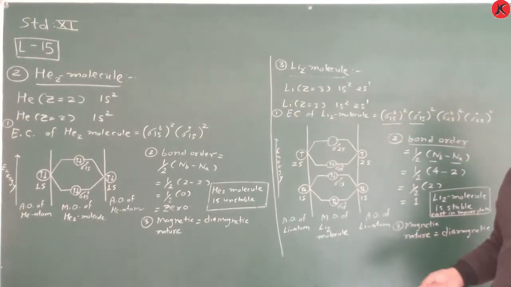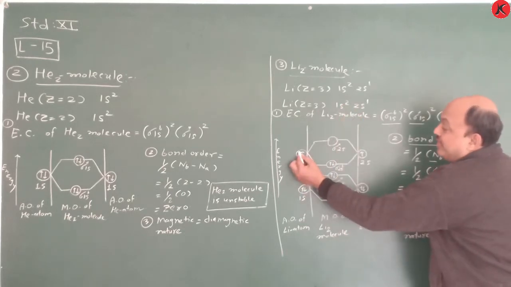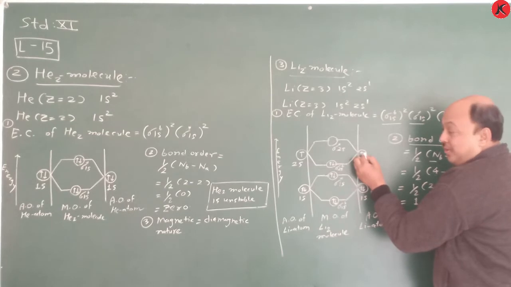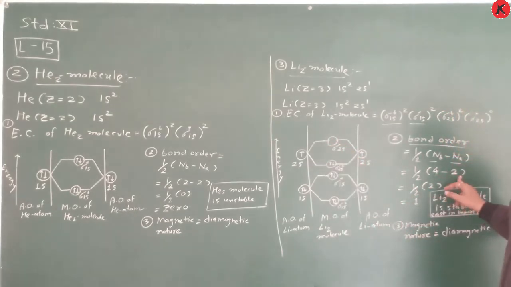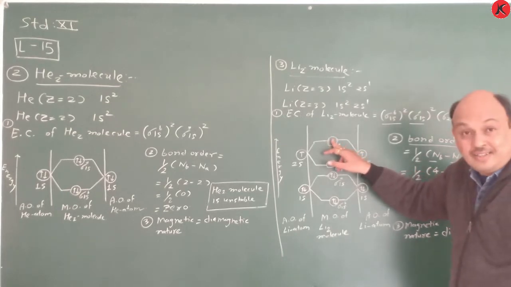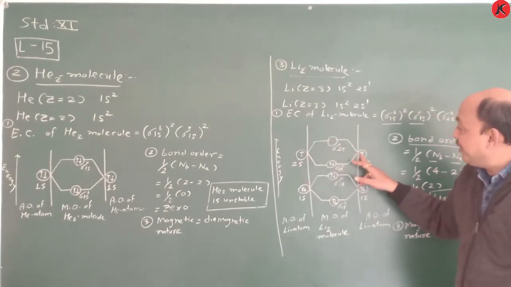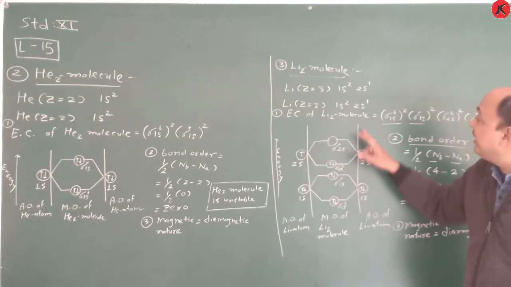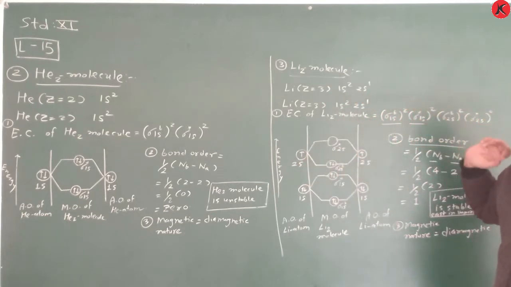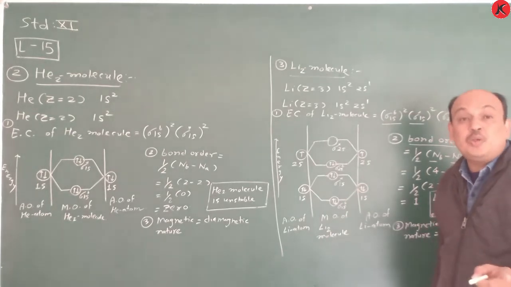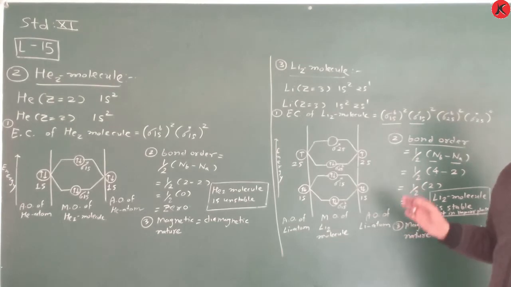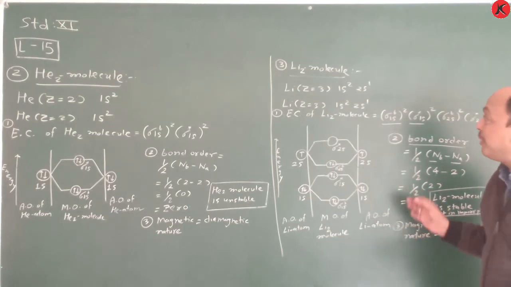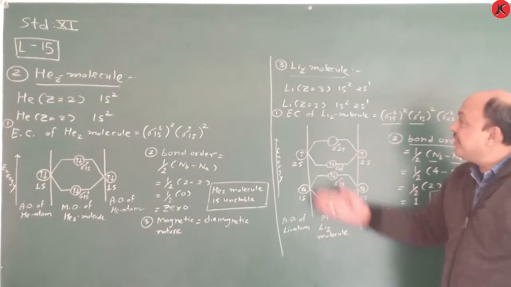And now the fourth one, I am just giving information only. Suppose the Be2 molecule is there, so consider here 2 electrons, here also 2 electrons. So the bond order is equal to 4 minus 4, because here 2 electrons have entered. In Be, Z is equal to 4, 1s2, 2s2, and that's why this Be2 molecule is unstable and does not exist. The He2 molecule and the Be2 molecule do not exist. Remember this one. This is a very, very easy topic.